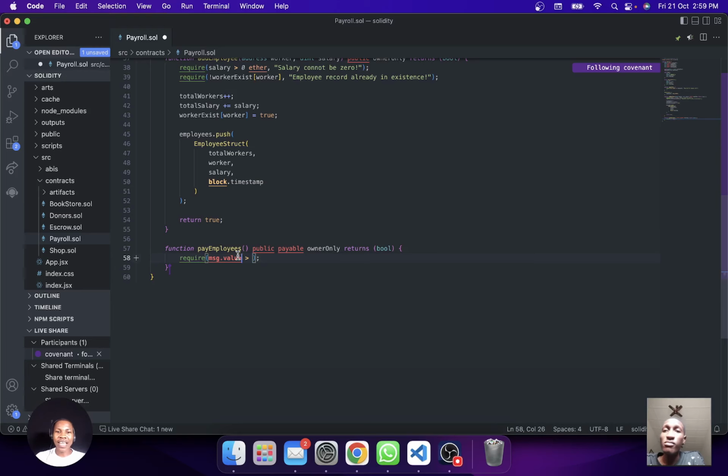Okay, so what I'm saying now is that for this msg.value, which is the money that you're passing into this function, we want it to be greater than or equal to the total salary of all your employees. Otherwise, you say insufficient balance, insufficient amount, or insufficient fund. So insufficient fund will be given as a response